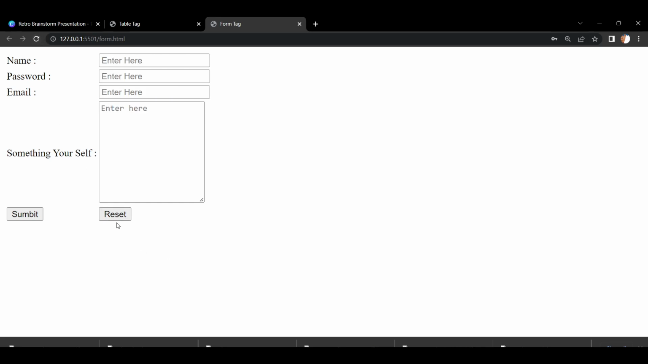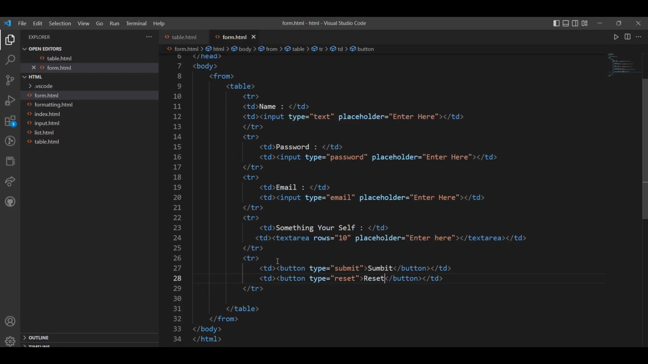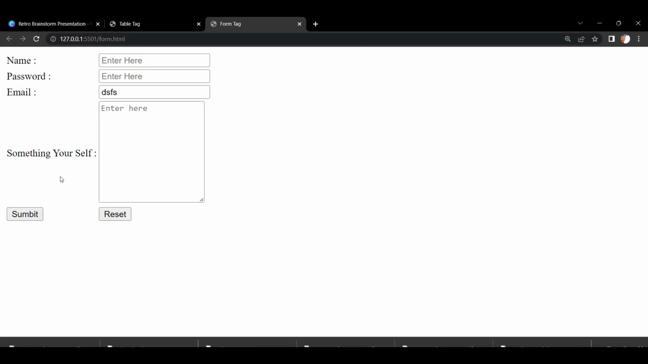Why? Okay, the reset is not properly working. I don't know why this reset is not working. Reset is not working properly. So why is it not working,